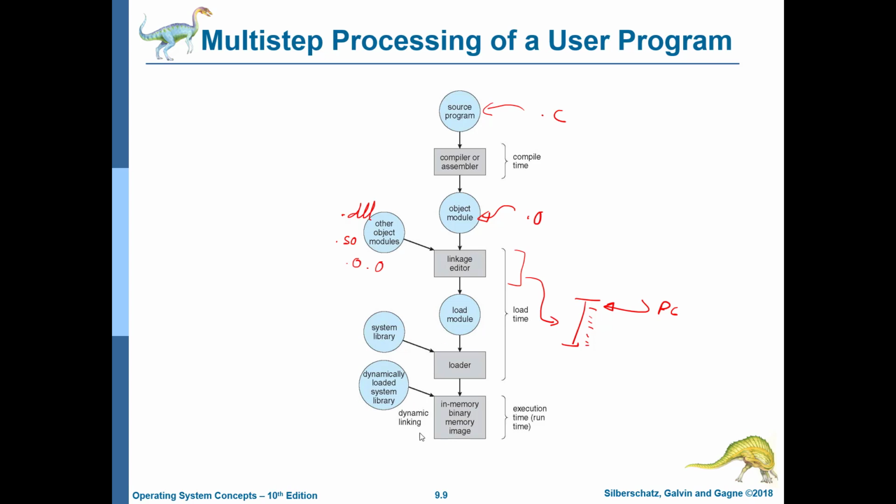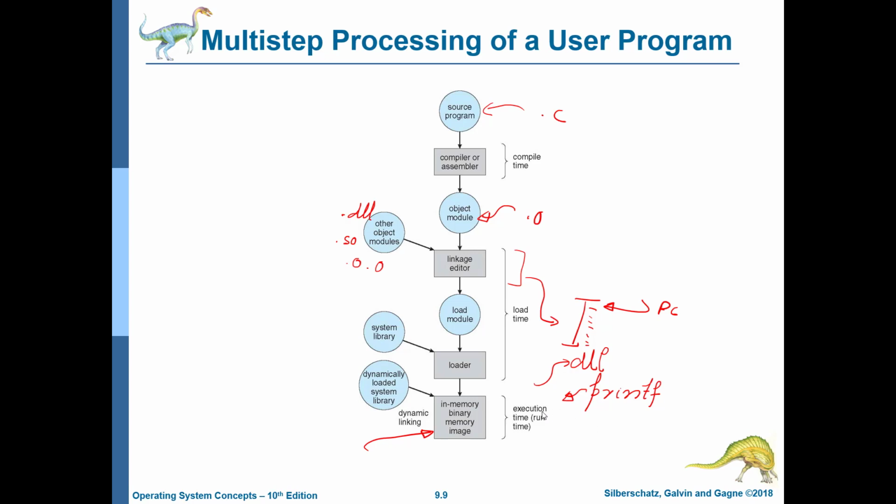Okay, so then we also have the idea of dynamic linking, which we will discuss. Recall that dynamic linking was a case where all the libraries are not statically linked. Instead, if there is a certain function like printf, you have a stub function for printf. All that it does is it locates the DLL, reads the code of printf, brings it into the, so this happens for the first time, first invocation.